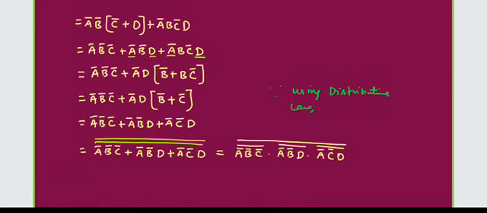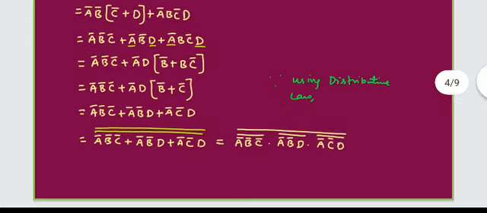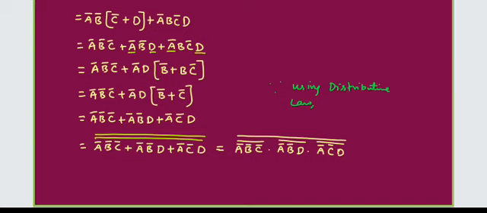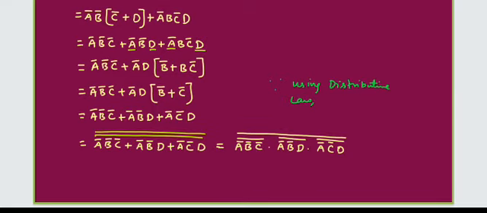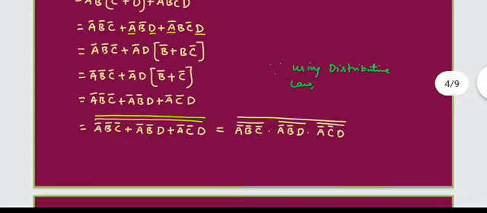Just multiply A bar B bar inside the C bar and D. Then what will you be getting? A bar B bar C bar plus A bar B bar D plus A bar B C bar D. So in this I underlined some of the variables. Which are the variables I underlined? A bar and D. That A bar and D are common from the second and third terms. So I can take it out, that A bar and D, that is A bar D. Okay. Then what will you be getting inside the bracket?